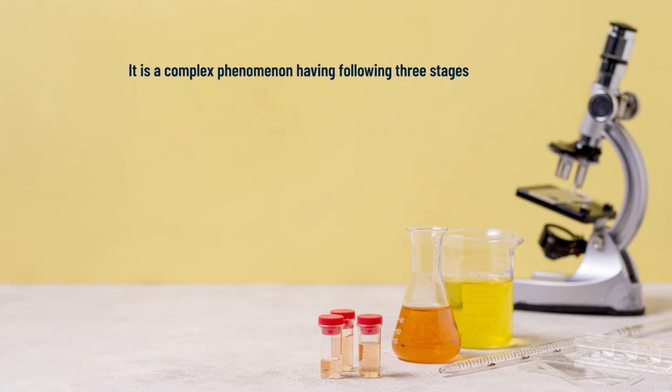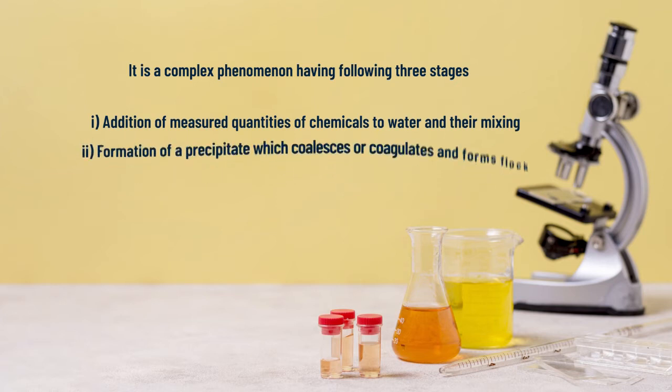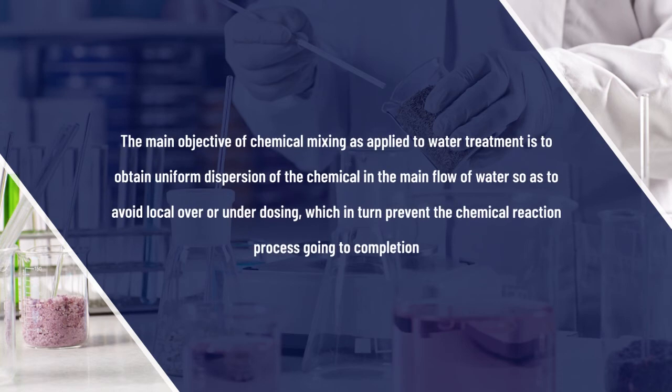It is a complex phenomenon having the following three stages: adding of measured quantities of chemicals to water and their mixing, formation of precipitate which coalesces or coagulates and forms floc, and sedimentation. Now, chemical mixing. The main objective of chemical mixing as applied to water treatment is to obtain uniform dispersion of the chemical in the main flow of water so as to avoid local over or underdosing, which in turn prevents